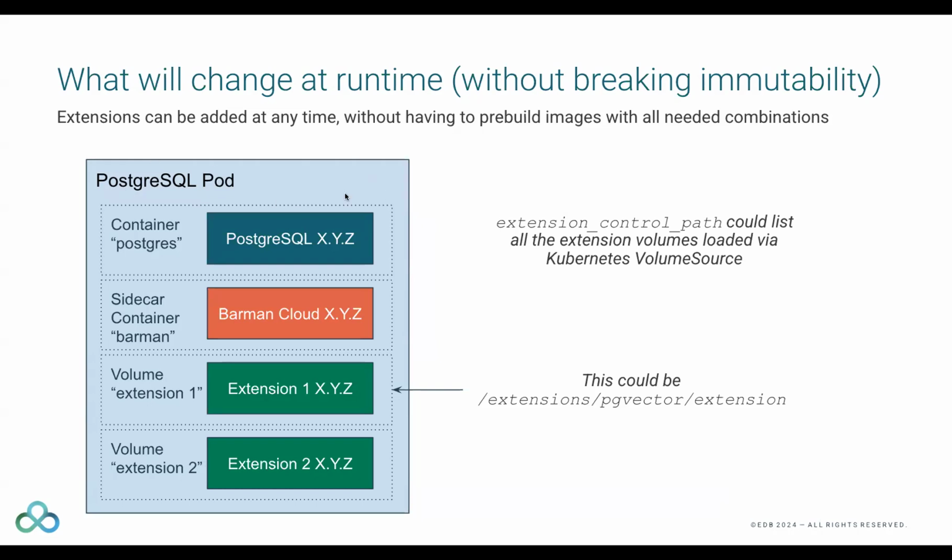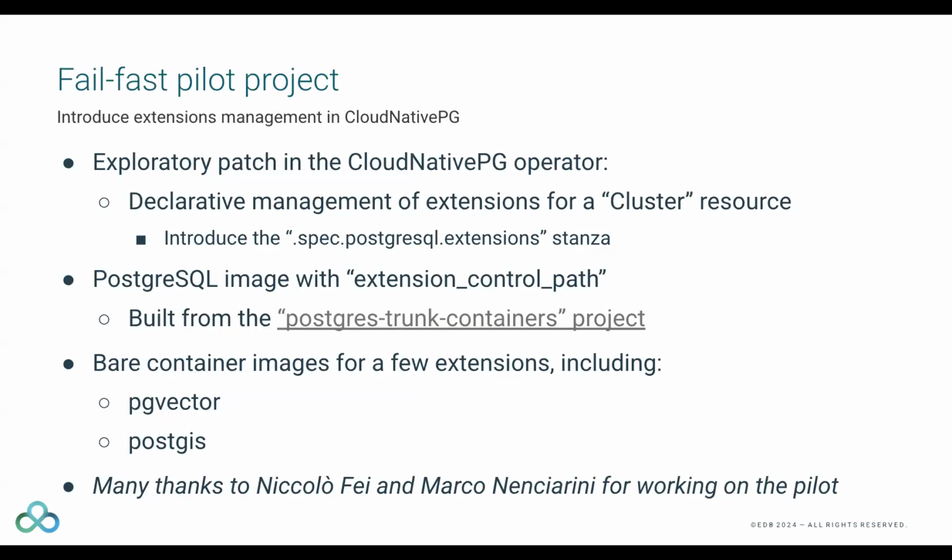There will be the Postgres pod that runs, for example, a primary or standby, that will have the container for Postgres. If you're using Barman Cloud, the sidecar container managed by the plugin with Barman Cloud. And then for every extension you have, you will have a different image volume that is read-only, very light, only containing the files distributed in the container image of the extension. And that's all. Once you've got these, we can then coordinate the settings for extension control path and dynamic